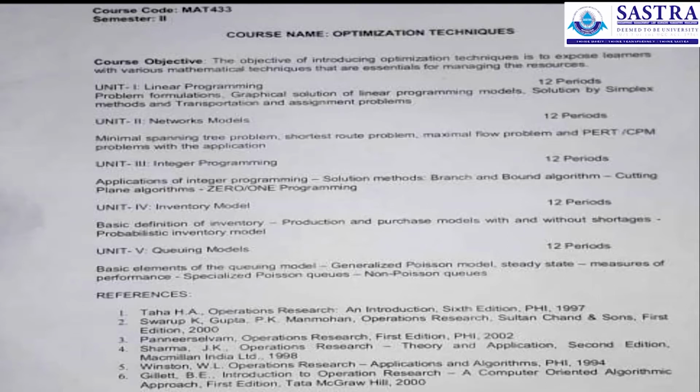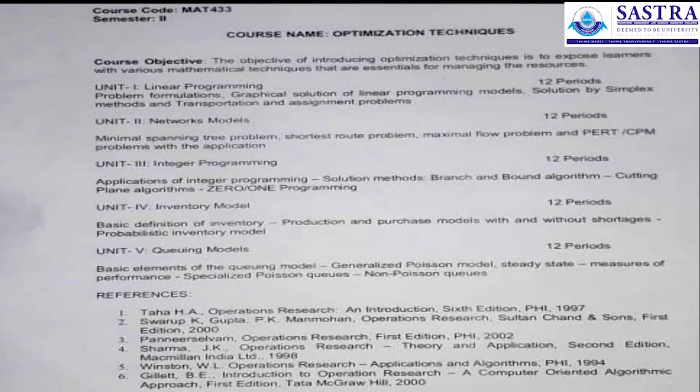And their applications are very high. When I come into the units, I will tell you what the applications are. Now I am just covering the titles. Integer programming. Already we have covered linear programming. Now if the variables involved are not assuming fractional values, only integral values, then that programming is called integer programming. Once again, its application is vast, and that will also be dealt with while I teach this chapter.